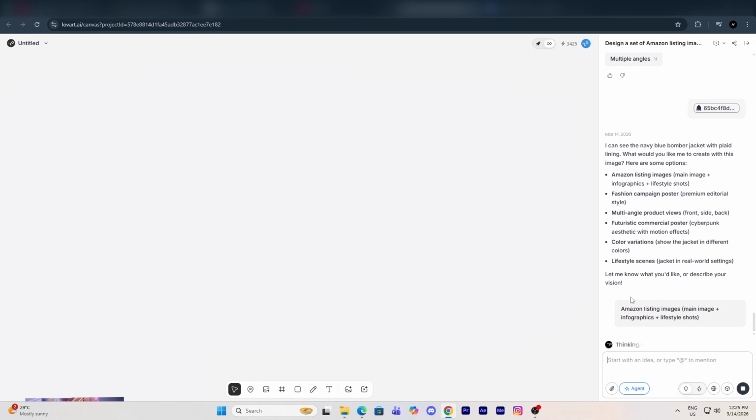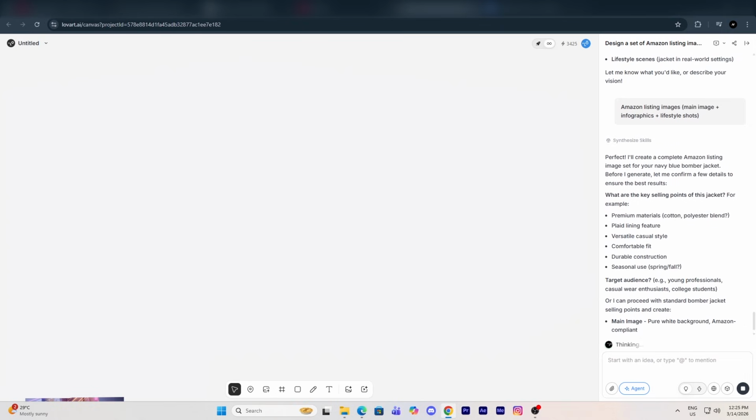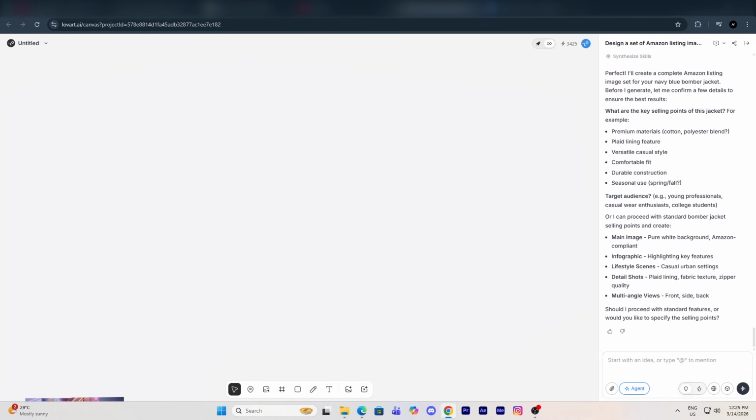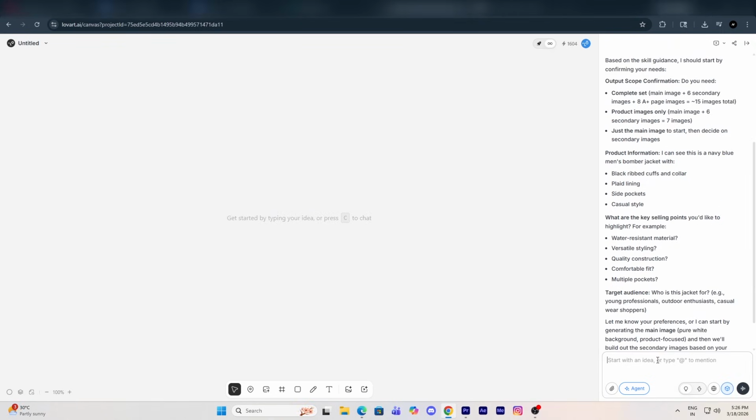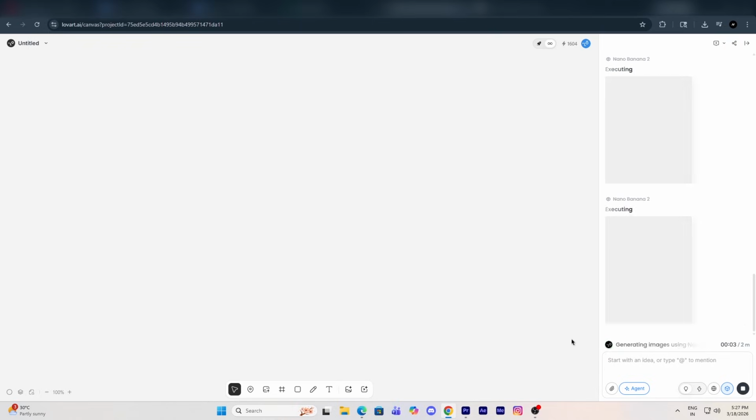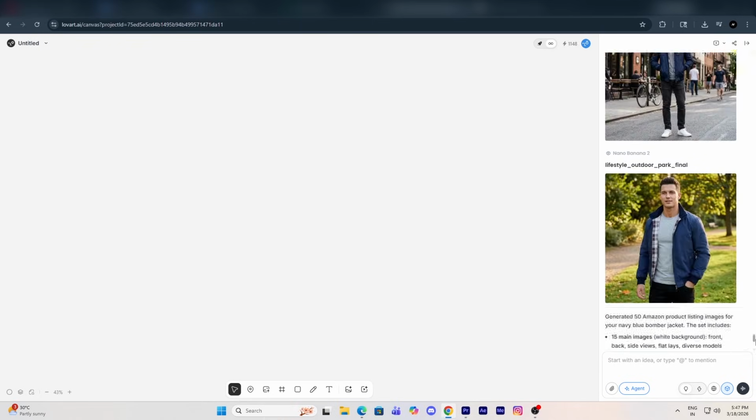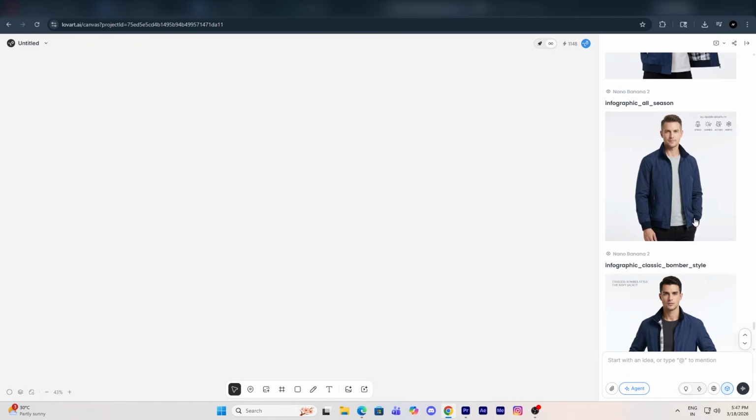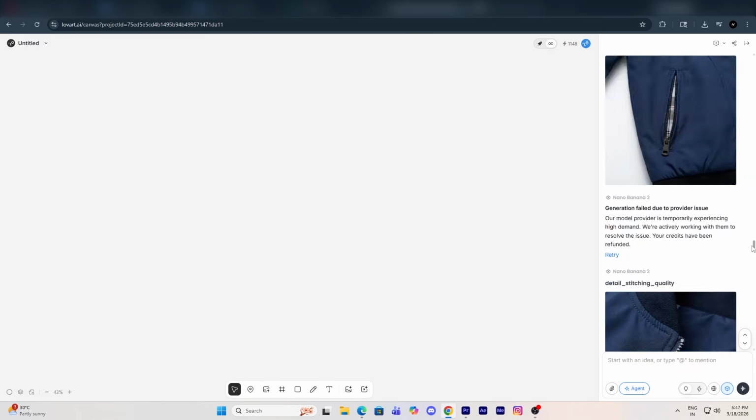If you want to generate anything else, like lifestyle images, banners, or other visuals, you can just tell the AI agent and it will handle everything for you. Now, instead of generating one image at a time, I'll generate 50 images in a single batch to explore multiple variations quickly. Once I hit enter, the AI will start generating multiple images together. And just like that, all the images are generated. Let's take a look at them.